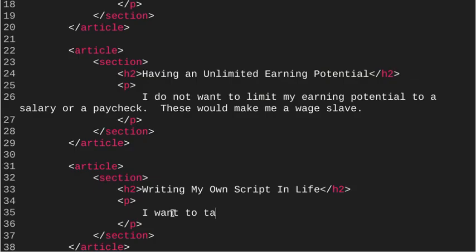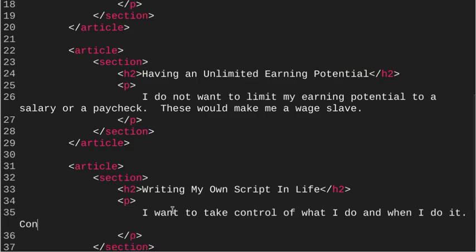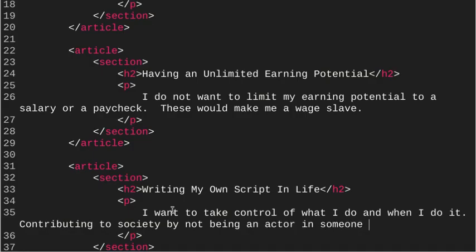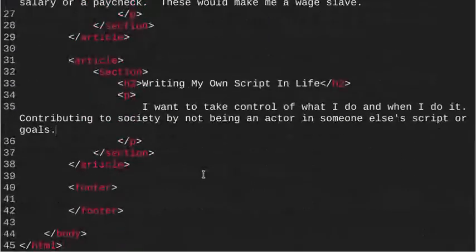Now the last one, for us writing my own script in life, I'm going to say I want to take control of what I do, and when I do it, contributing to society well, by not being an actor in someone else's script or goals. Yeah, that sounds pretty good. So those of you familiar with John Taylor Gatto will understand a lot of this kind of stuff, but that completes at least the